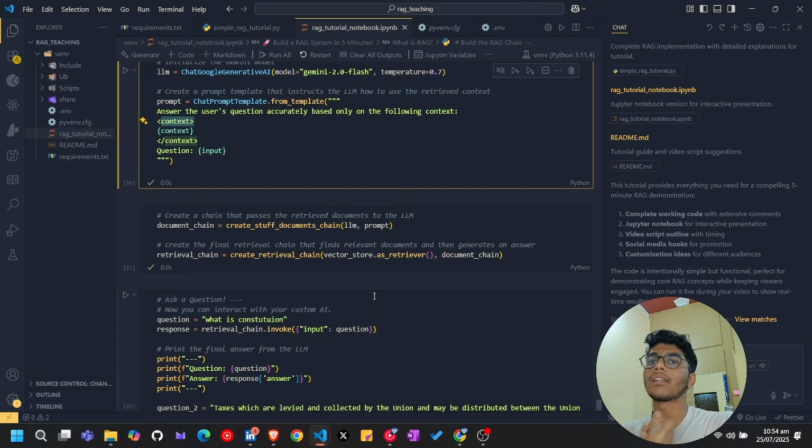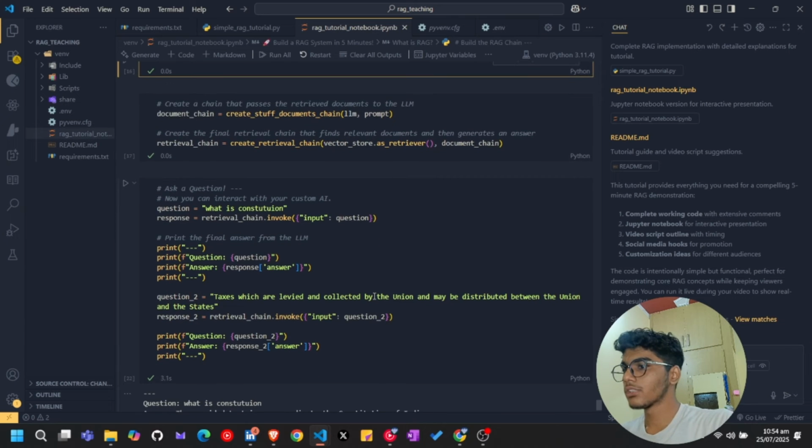In a retrieval chain, when you are retrieving particular data, you are searching. When you search in the vector database, many mathematical equations go through the database and find your particular embeddings in a perfect way and a fast manner. So here we are asking a question. The question is, what is the Constitution? The retrieval chain retrieves our data from the vector database, and we input our question.